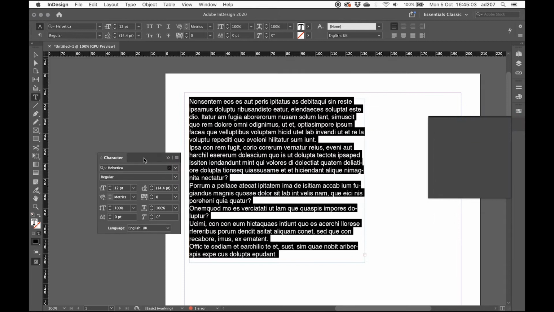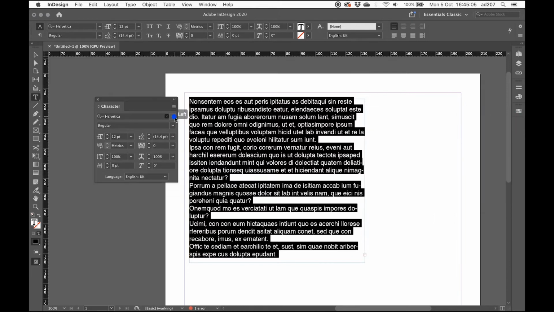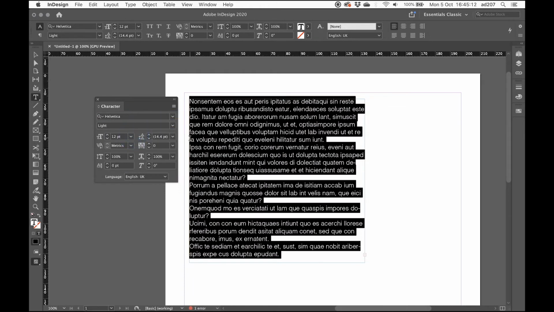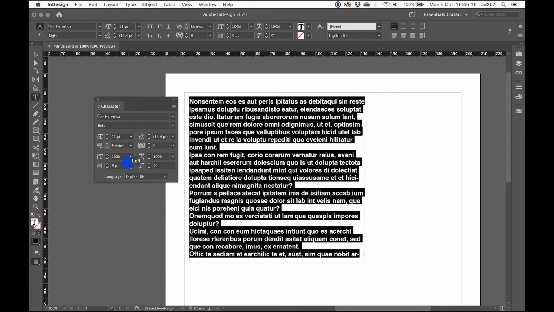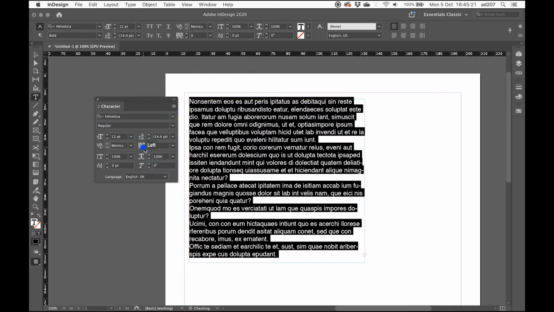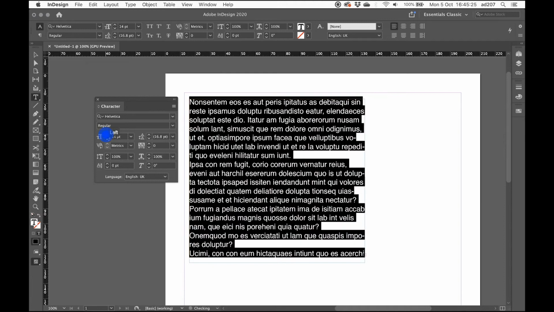So I want to pull that out and put it over here. Here I can choose my fonts, which we just saw, and then look at various different weights, the standard ones, or bold, for instance. If we just go to regular for now, then here we can change the size